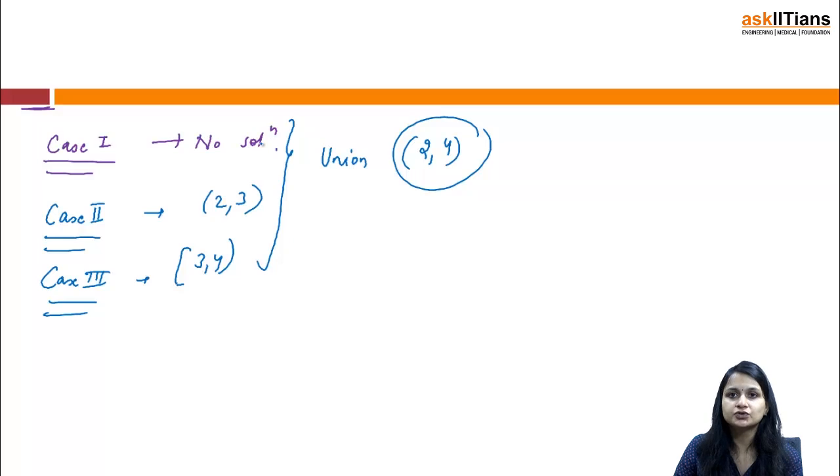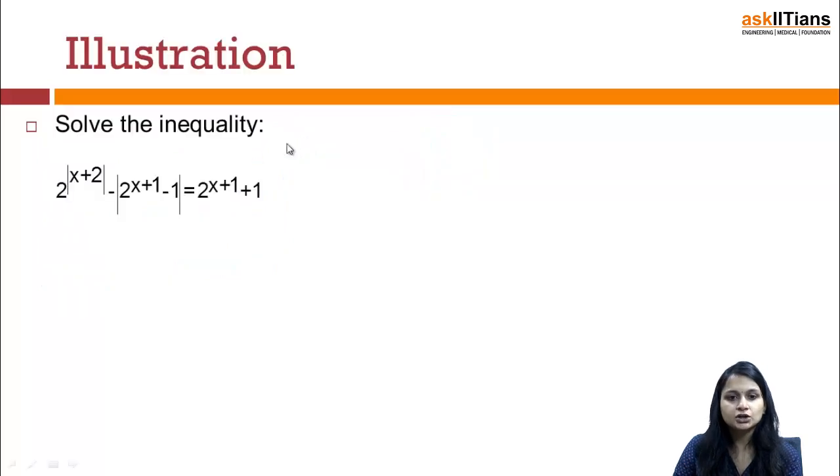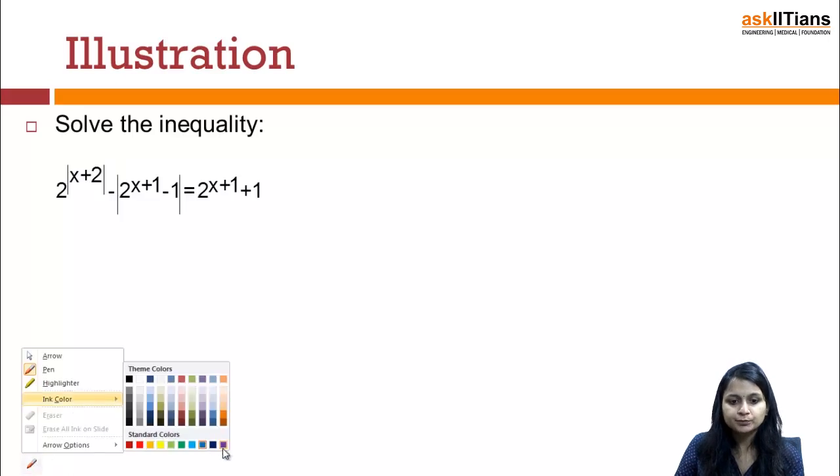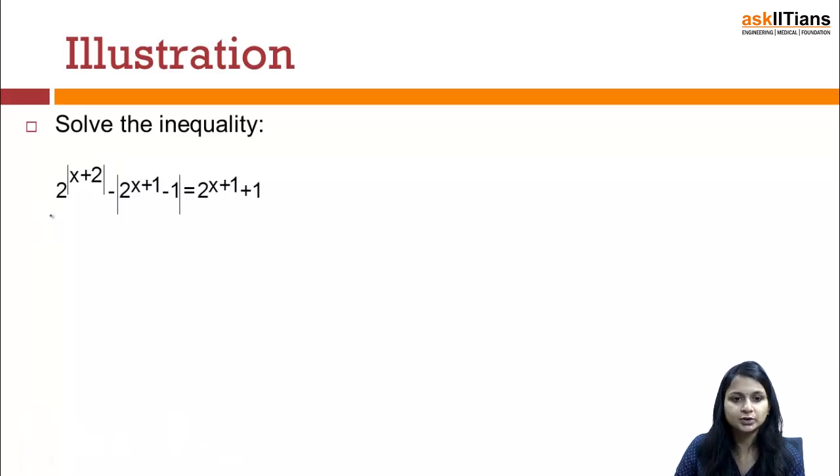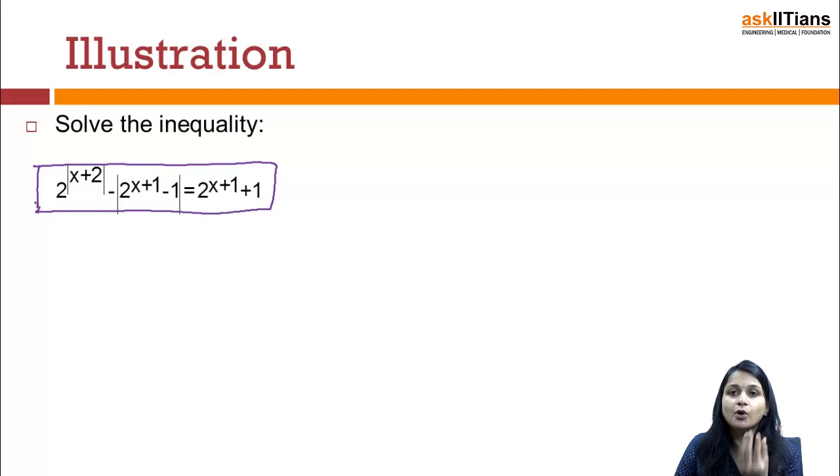So let's take one more illustration so that it would be more clear. Okay. Because here I have put 2 mod. To give us more variety, like what we have to do, how we have to handle such a situation. Whenever you get any question in mod, students, first of all find the critical point. Check the point at which it changes its value. So |x + 2|. Okay. You can see that the critical point for this would be x = -2. Right, because if I take something which is less than -2, x + 2 would be negative. If I take something which is greater than -2, say -1, 0, 1, 2, x + 2 is always positive.